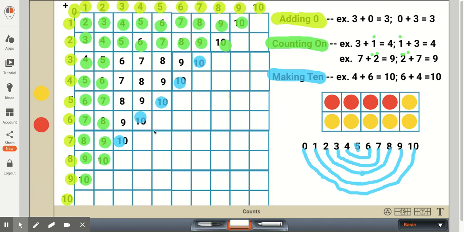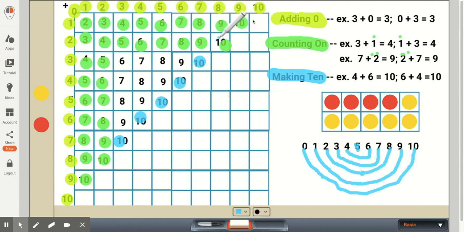Now you'll notice that I've coded these 10s with the blue. Now I could have also coded these other 10s with blue also, because many times students will find for certain sums, there'll be different strategies that they can use. So for instance, 8 plus 2, a student might know that because they're counting on, 8 plus 2 more will give them 10. Or in their mind, they may be thinking, oh, I know that that's one of the combinations of 10. 8 plus 2 equals 10. So either way, I could put a little blue dot here.